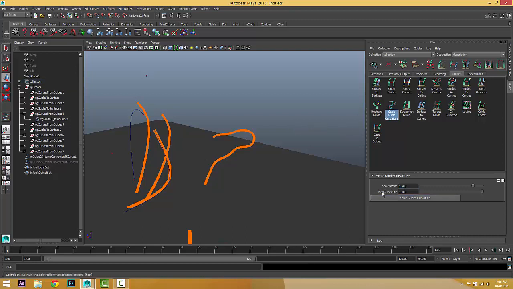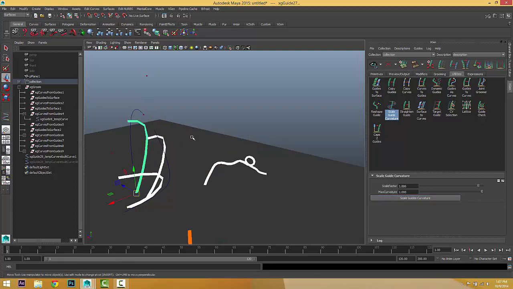So it increases, and this is the max. I can see the top value looks like a relative value, while the lower value, which is called the max curvature, looks like an absolute value. Generally I like to use the scale factor, which shows me how much you want to add curvature. For example, if you want to add curvature to your guides very quickly, select the guides and give it some scale factor, and you can do that very quickly.